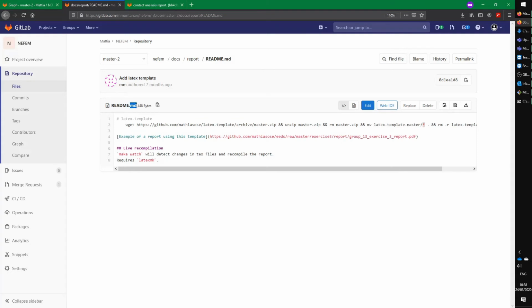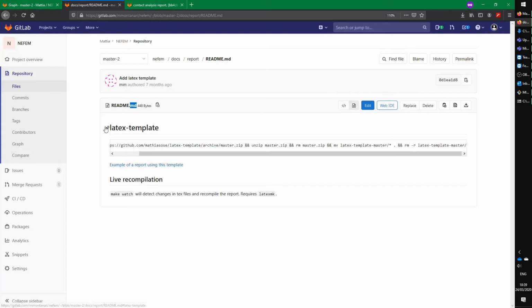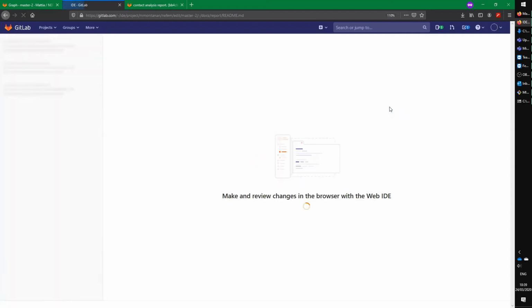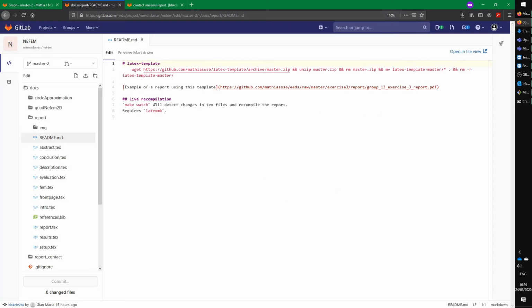Readme.md markdown is essentially something very similar to HTML, and that's why GitLab is able to render it in header, link, and so on. Recently, GitLab has also created a web IDE, which allows you to edit that file directly in the browser. So again, if that is a piece of information you want to edit here without downloading onto your local computer and then pull and push and so on,